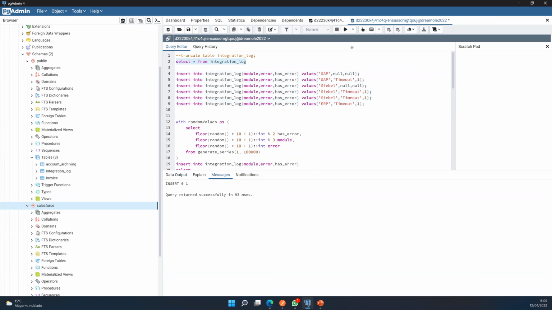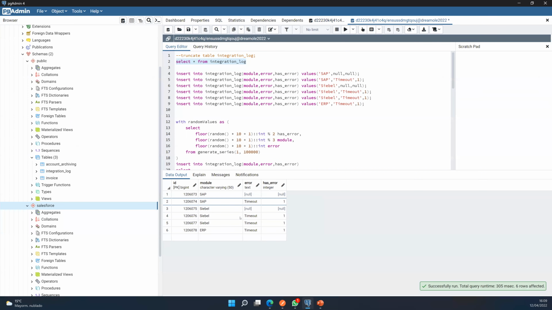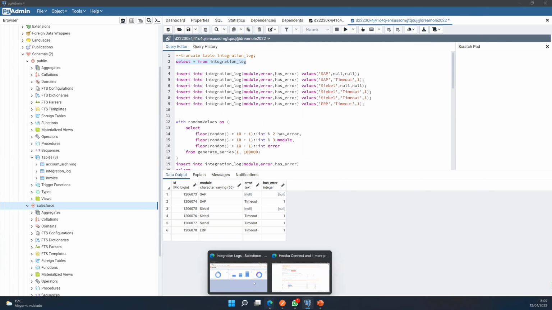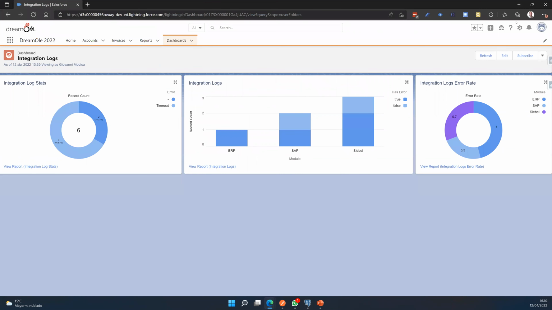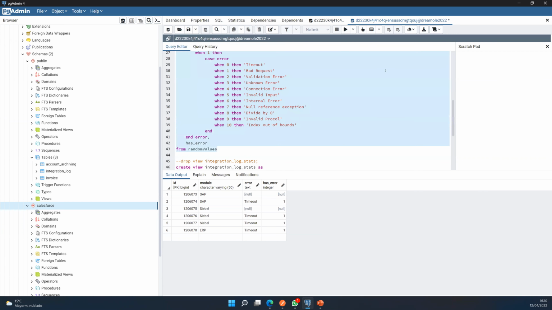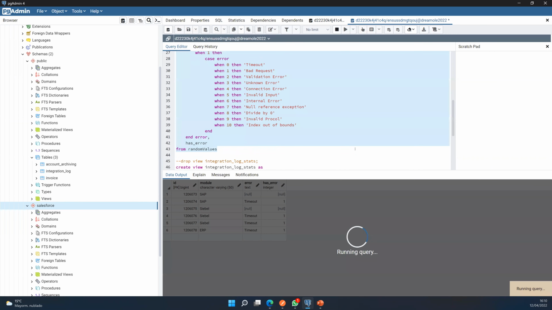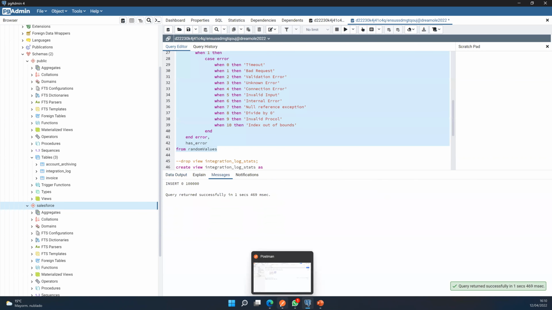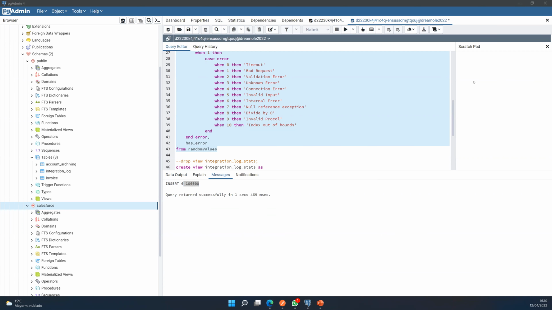If we select, we see what we have here. We only have 6 log files. This is fine, but let's see what happens when we add a bunch of data here. I'll use this script right here to create 100,000 records. You can see 100,000 records were inserted. And now let's go and refresh our